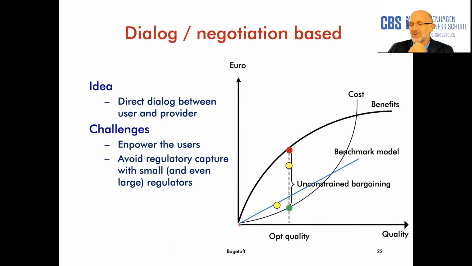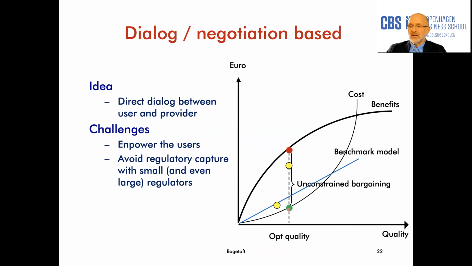Assume, for example, that the original quality was down here, and by making a quality adjustment, the consumers can get some benefit, but it will cost something for the companies, and then they will negotiate here. They'll try to identify these sort of mutually attractive changes, and there should be, because of this large difference here, there should be a possibility to do so.